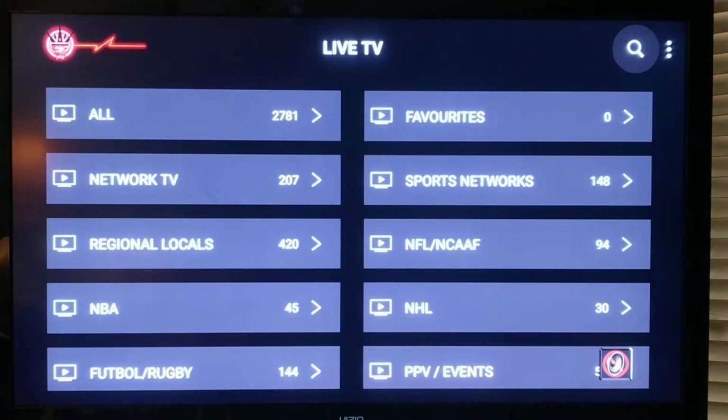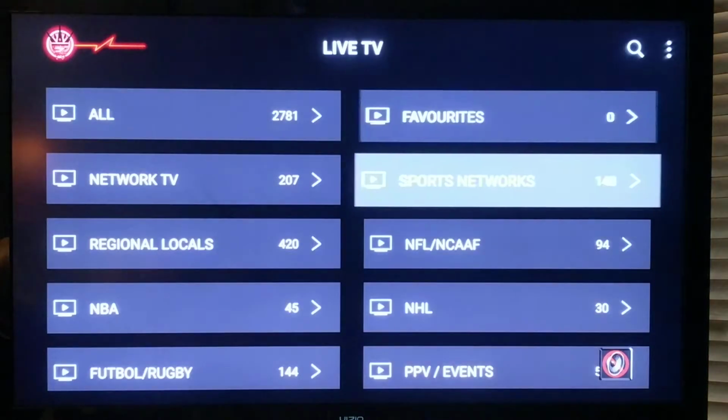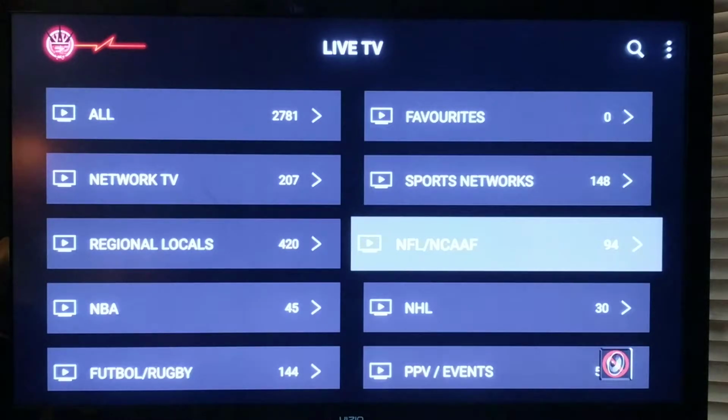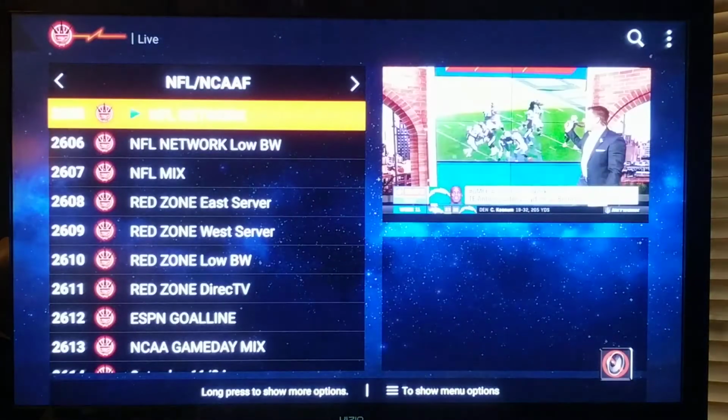We do have all the major sports packages: the NFL Sunday Ticket, NHL Center Ice, NBA League Pass, and during baseball we have the MLB Extra Innings. I'm recording this in the morning on a Tuesday, so there's currently no games playing. But if you go into the section, you'll see